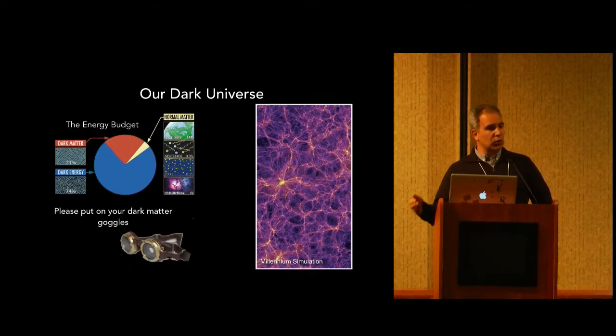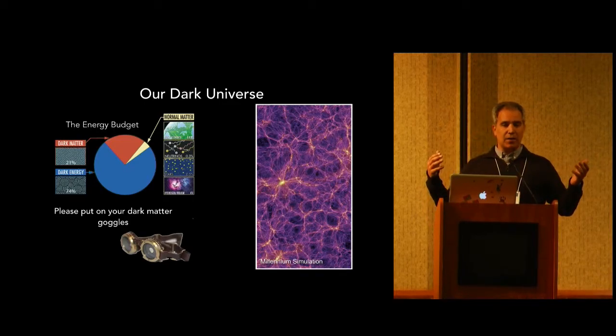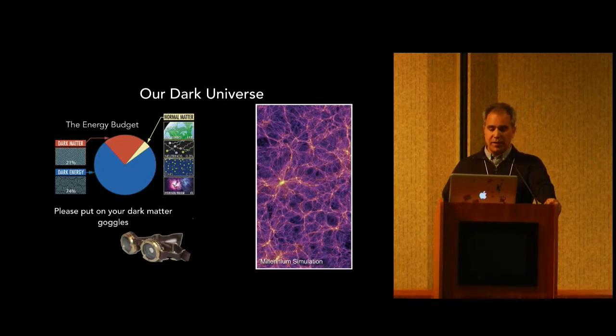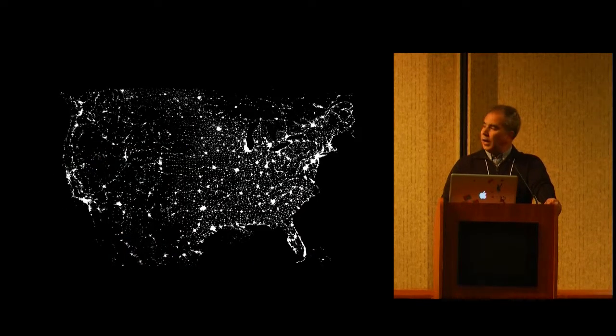So in order to be able to see anything, we need to create some kind of dark matter goggles or something that can probe all of the stuff that is basically invisible, right? So an example of how we're trying to do this is, without putting any labels, I think that most of you can figure out what that is, right? That's Europe.